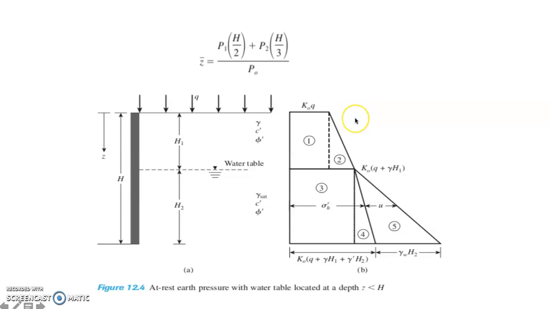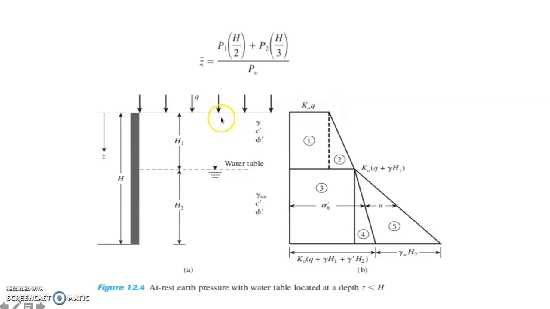And to compute the horizontal force, sigma H, which is our lateral force, that would be equal to K naught times the vertical stress. The vertical stress was equal to Q, so therefore sigma H, or the lateral pressure, or the horizontal force, is equal to K naught times Q. So we have K naught times Q, and basically that would be a horizontal line.